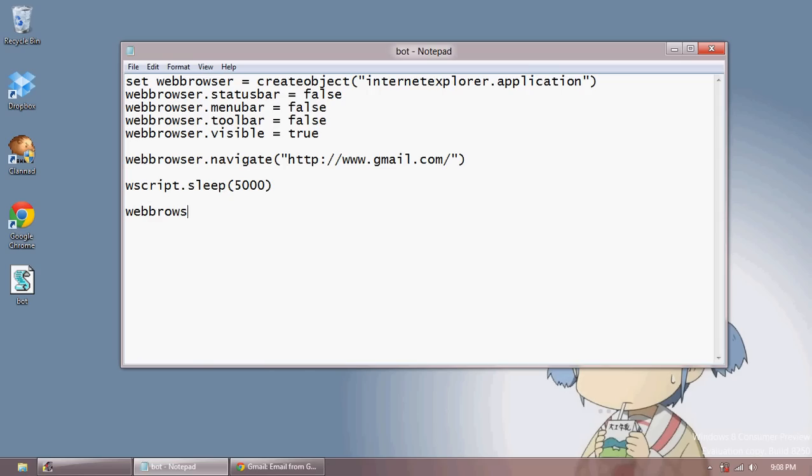Then we're going to write web browser dot document dot all dot item. Then in these parentheses we're going to write what we just copied, email. Now we're going to write dot and what I said before. Since this is a text box, we're going to write dot value, and that will change this in the text box. And we're going to log in as Koroski test